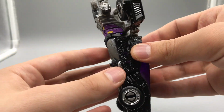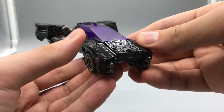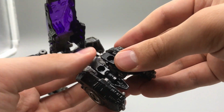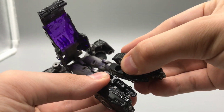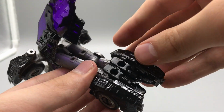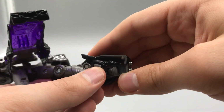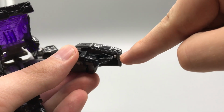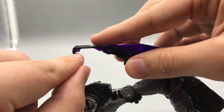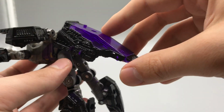We're going to rotate the waist, and then we're going to come down here and untab the sides of the front of the car, and then we're going to pull them down and out. These feet are supposed to tab together, though I don't know how well they end up actually staying tabbed together when you try to make the connection for this bit work. And as well, just of note, there are two tabs on these bits, one right there and one right there,